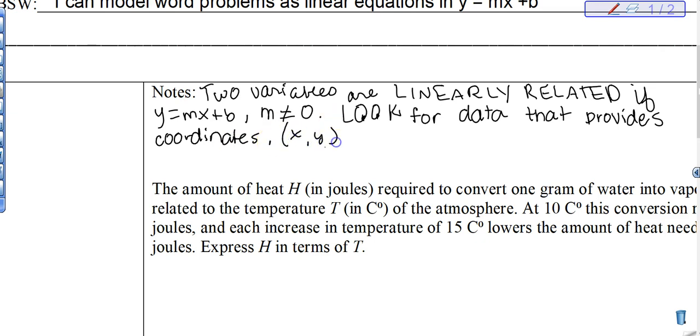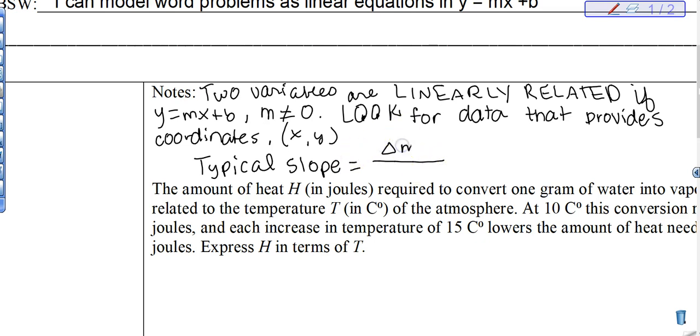Like this. Okay. Also, something that's really typical for your slope is that your numerator, and this is really important,